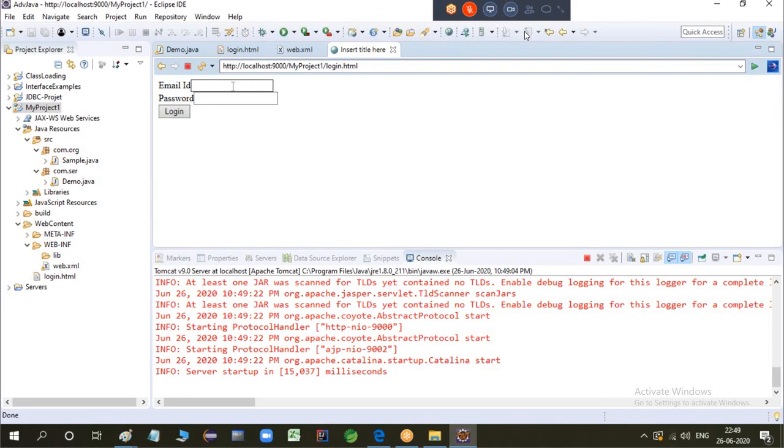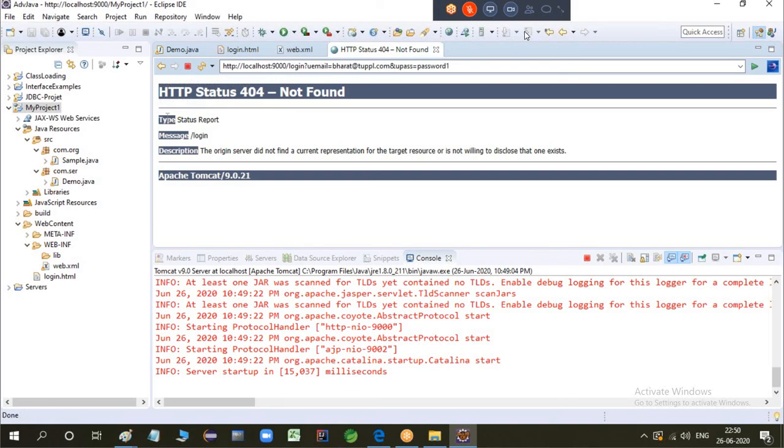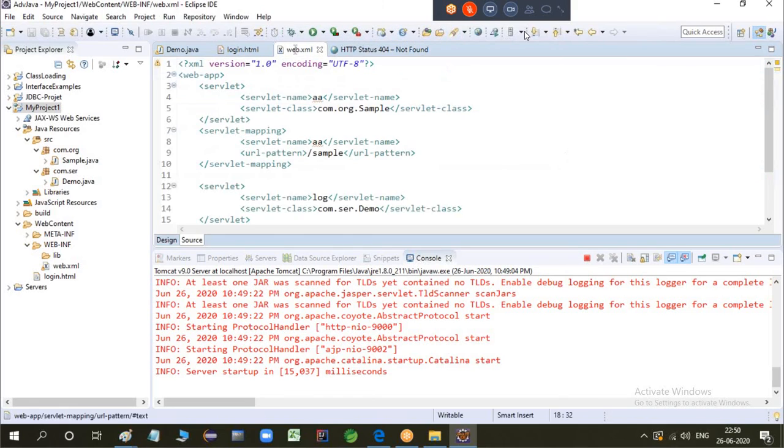Enter the username .com and some password you're giving. Click on valid. Okay, we're getting 404. What type of error is it? It's not even recognizing. So the request should go.